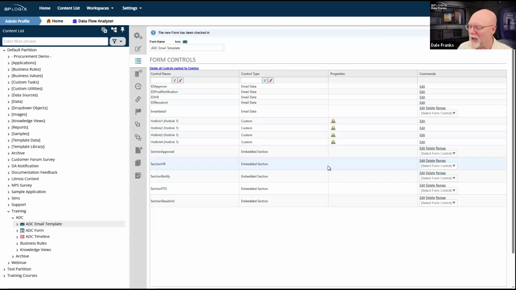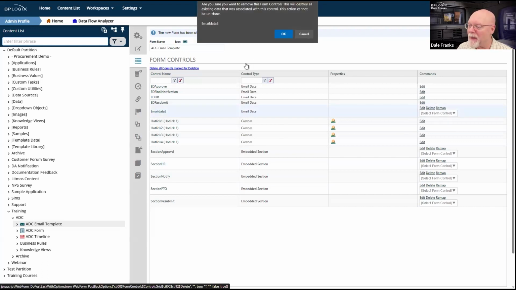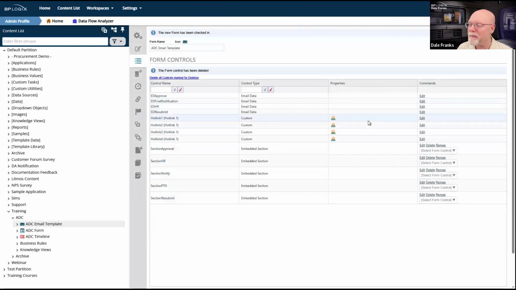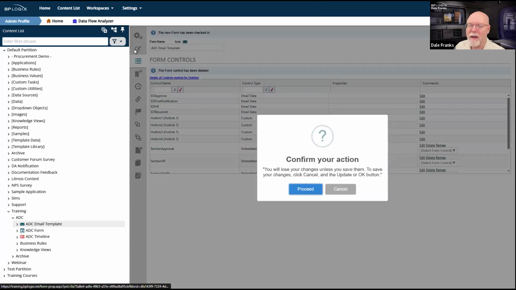This is not good, because this I do want to delete because that's a bad field. I changed the name of that field to one of these. I don't know what's going on here. That is not what I want to see.